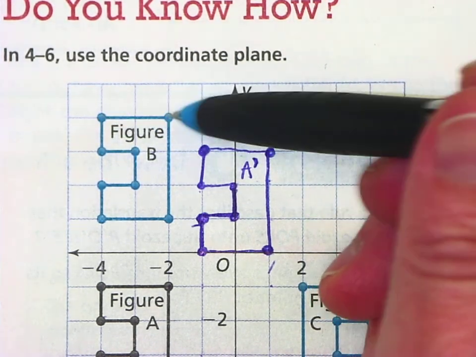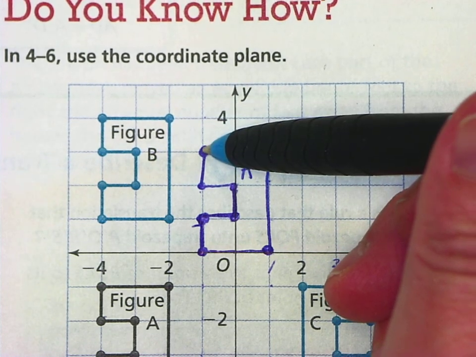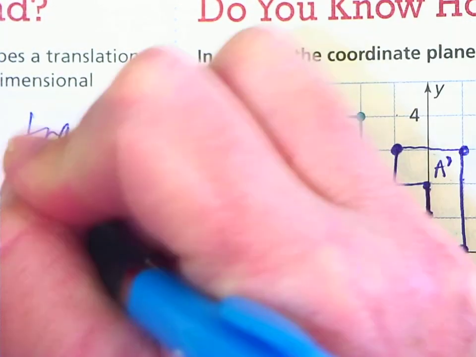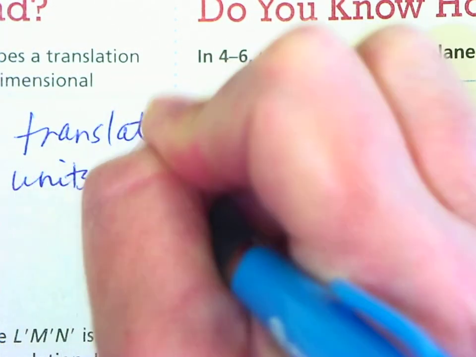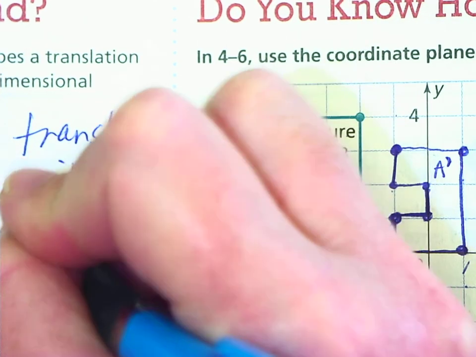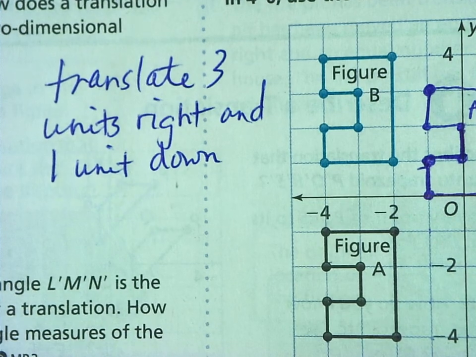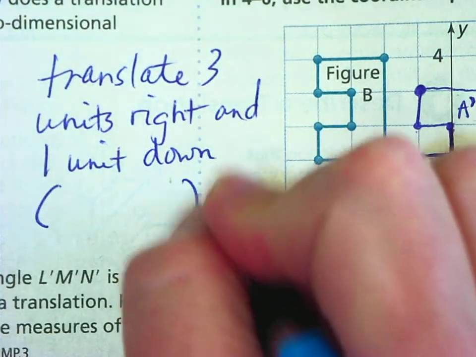Again, I could move 1, 2, 3 units to the right and 1 unit down. So that would look like this. I could say, translate 3 units right and 1 unit down. Okay, and if I wrote that using an ordered pair,